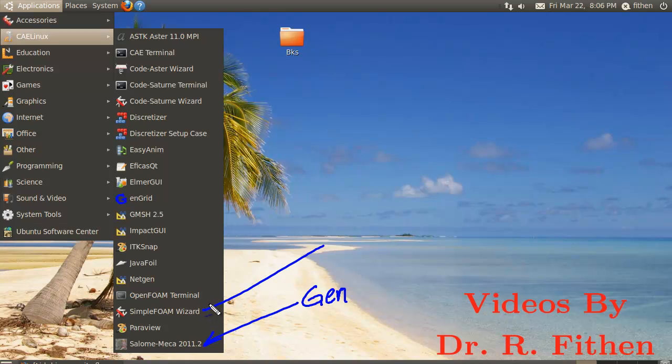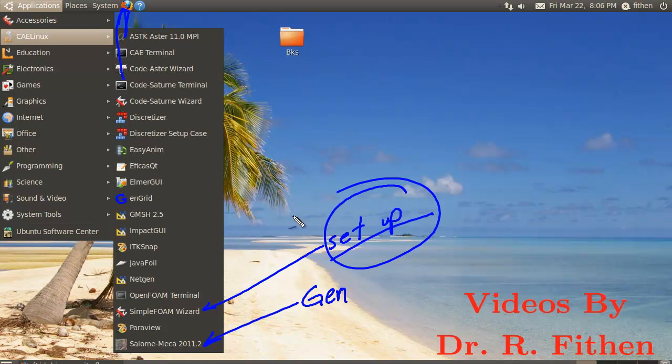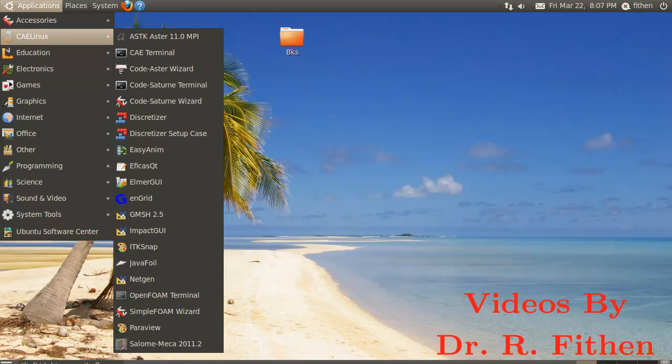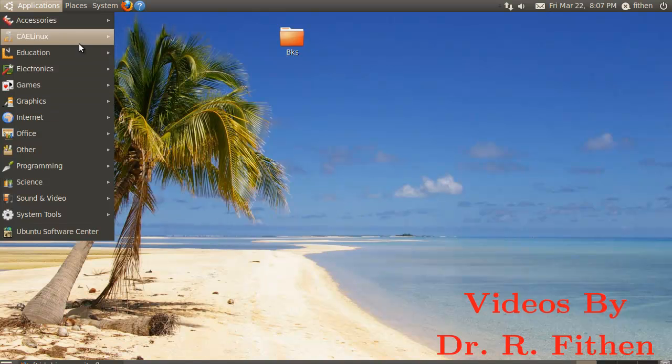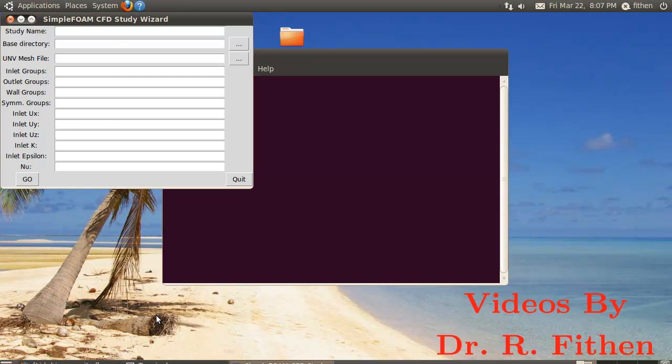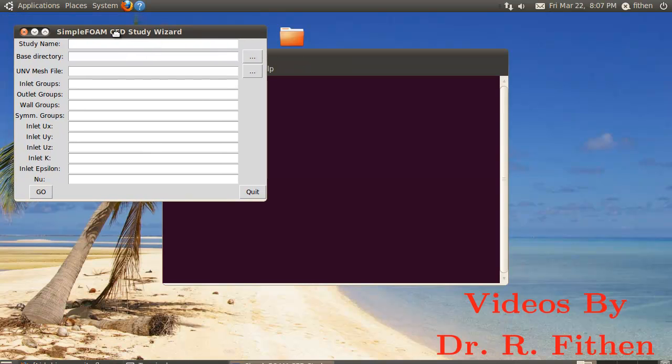We're going to use this wizard to actually set the problem up. In the process, we're going to launch a window and take a look at the Firefox application to look at some setup information, but let's go ahead and set this problem up. Okay, so we will go in, do the simple foam wizard. Okay, so we have to have a name, so I don't know what to call, so ABCD would be a